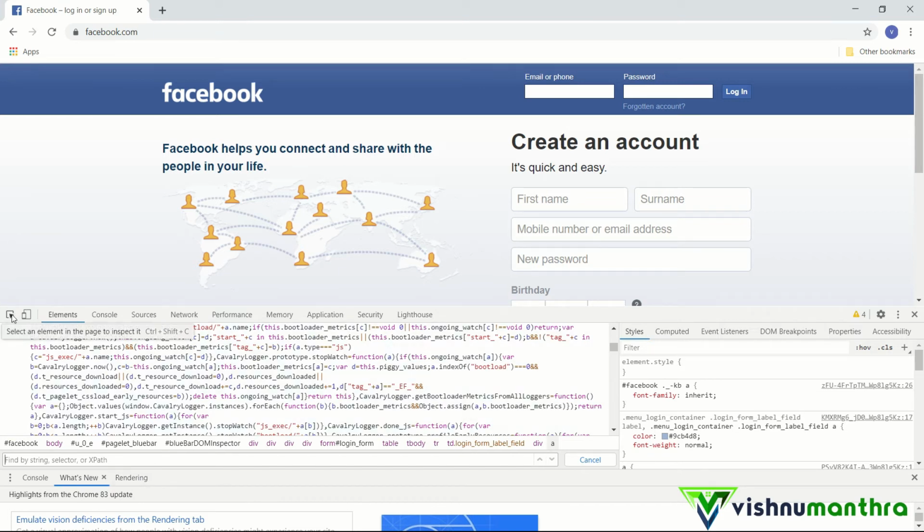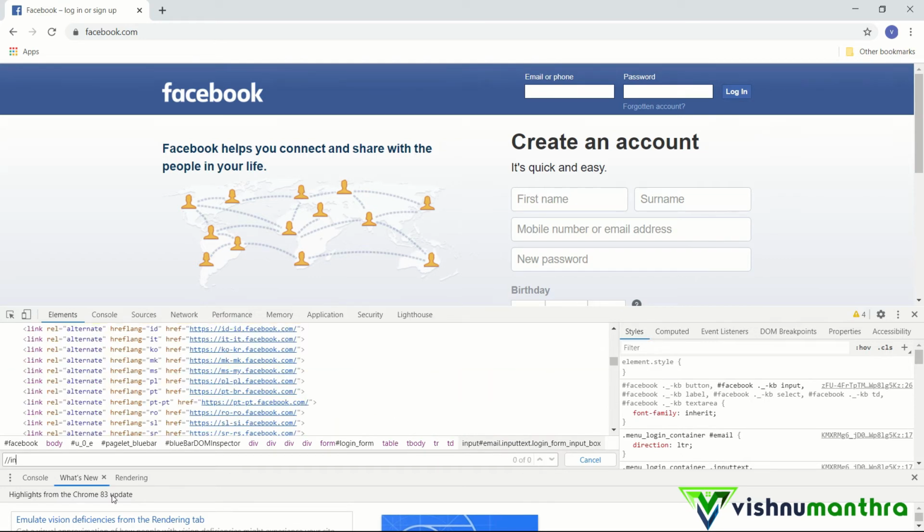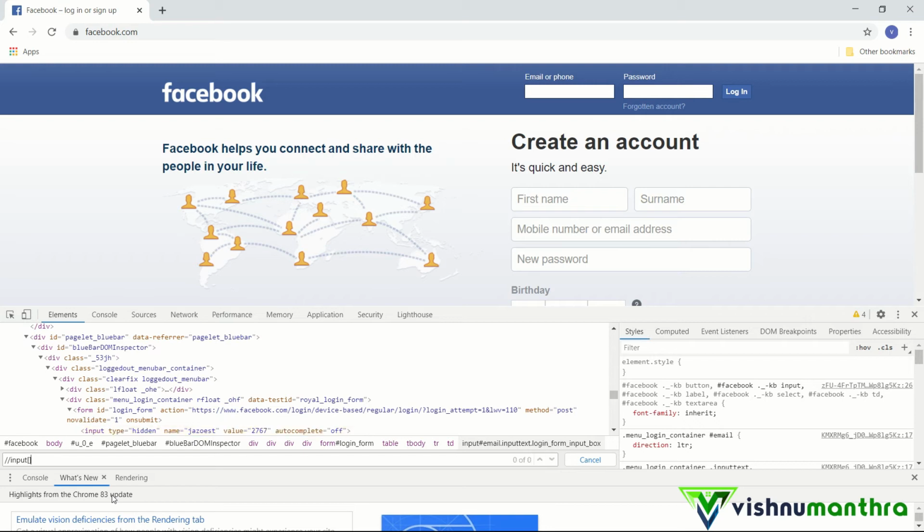Now for attributes also we can do the same. For example, if this is the class and we want to give only a part of it, we can do that as well. So how will we do it? Double slash input, which is our tag name, followed by square bracket.